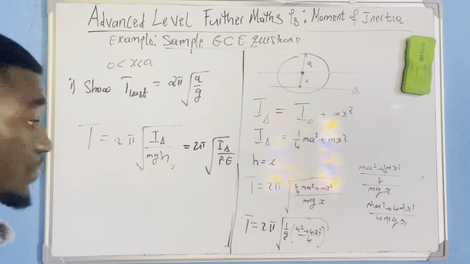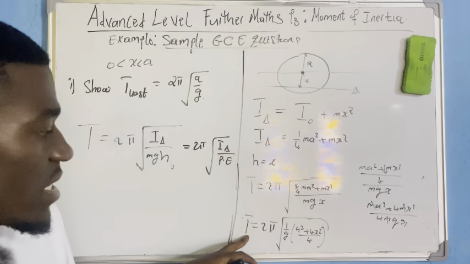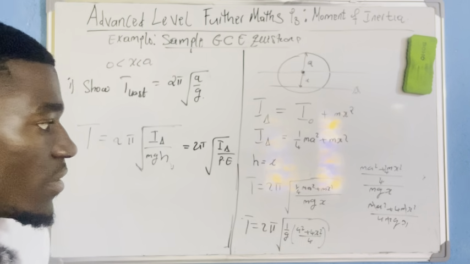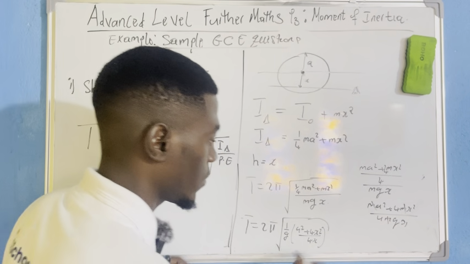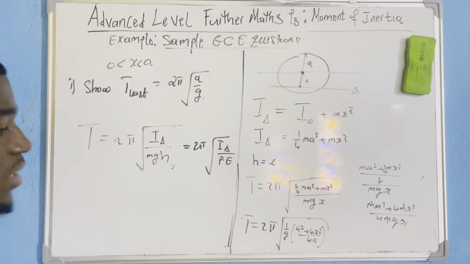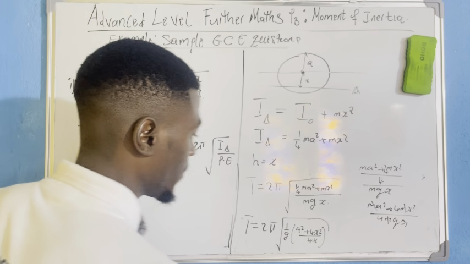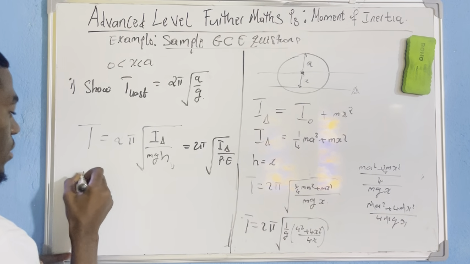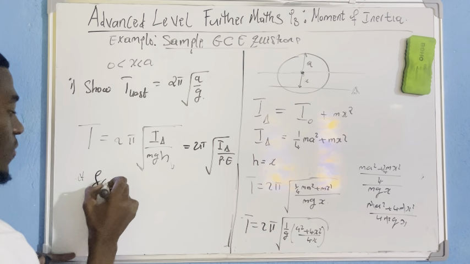So that is it. You can see that this period depends mainly on this value, a squared plus 4x squared over 4x. It depends mainly on that value. Please, there was an x down here. Don't forget the x. It means that if I want to calculate the least period length, I should calculate the least value that I can obtain here. So you can see that I can let that value be a function in terms of x.